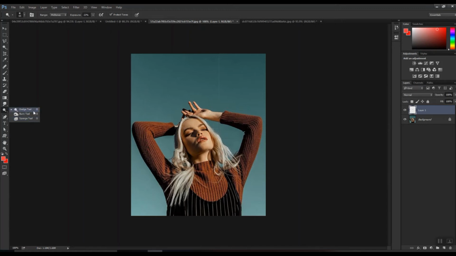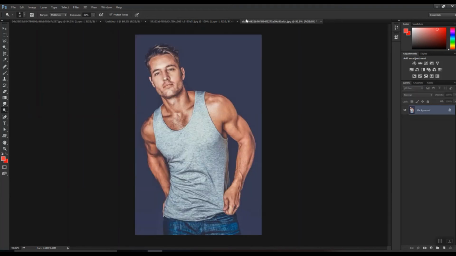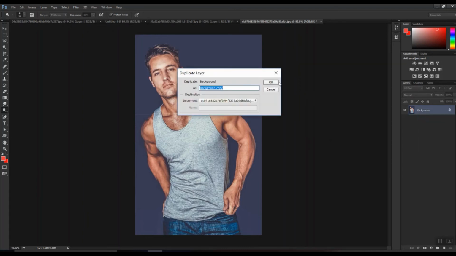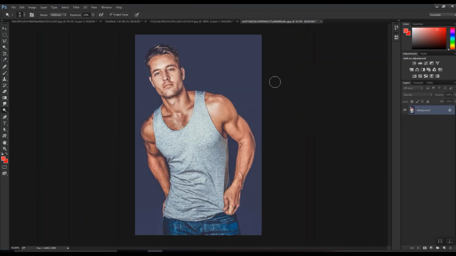So let's get started. Let me explain to you with the help of another image. First thing, before using these tools, is to make a duplicate of your original copy. So how to make a duplicate? You have two options. Either you can right click on this and simply press duplicate. The second option is simply using the shortcut key Ctrl J, and you can choose either one according to your comfort. So let's get started.